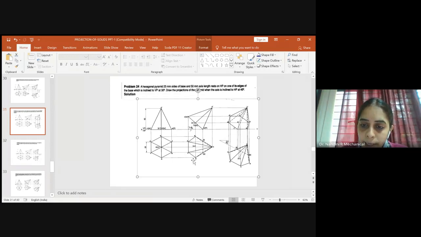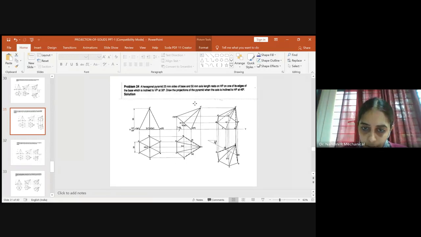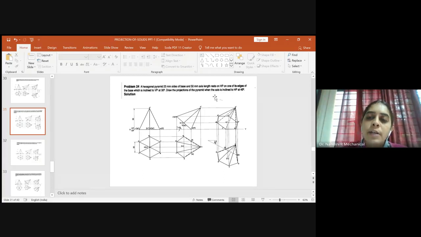So once you complete the second stage of the top view, now we have to come to the third stage. What is being told in the third stage, we usually take the inclination with respect to VP. You have to see whether the inclination to VP is with respect to edge or with respect to axis. If it is with respect to edge inclination, the true length of the edge in the first stage and the second stage will be the same. So no need of determining the apparent angle.